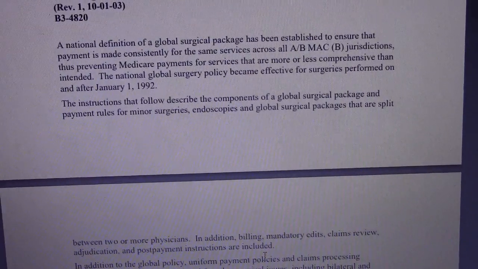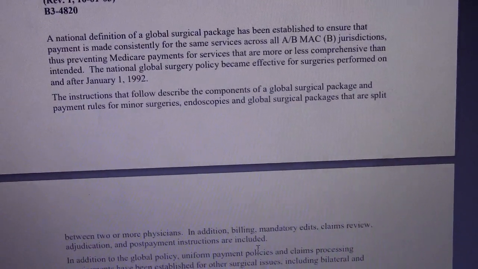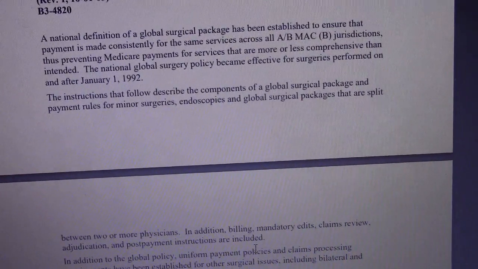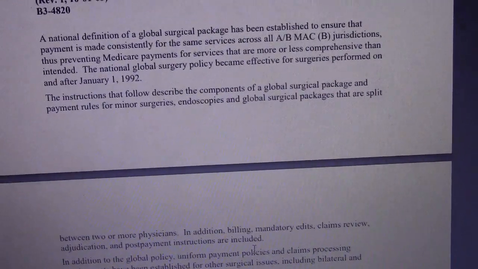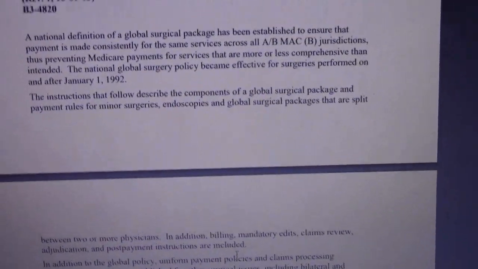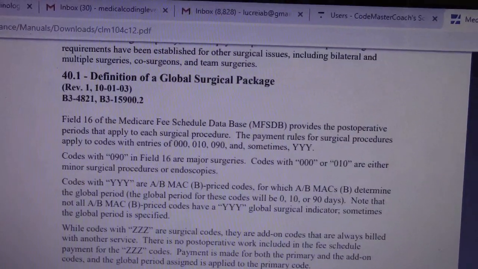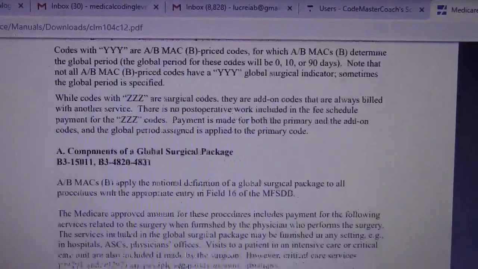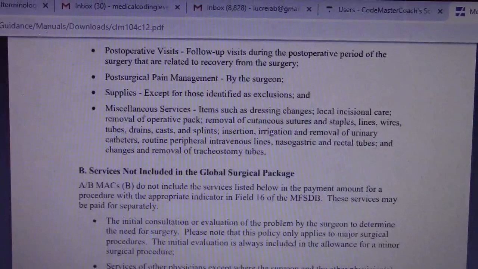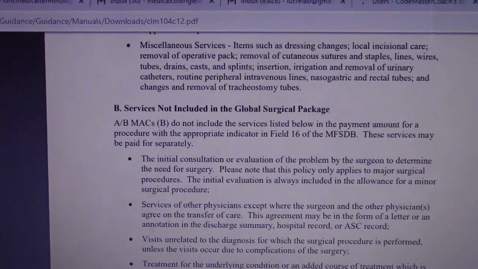And this global surgery MLN provides guidance on E&M services, where your same-day surgery or your same-day decision for surgery, or significantly separately identifiable E&M services by the same physician on the same day of a procedure. I've questioned that many times, and this manual will walk you through questions that you could have on surgeons in global surgery. Goes on down, definition of a global surgical package, components of a global surgical package, services not included in a global package. What about global surgery